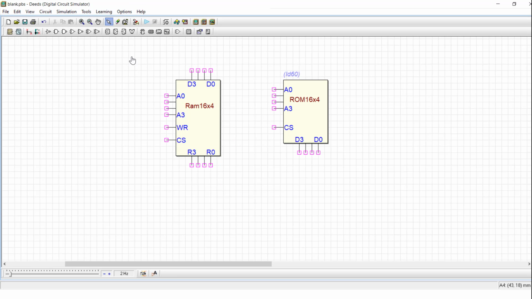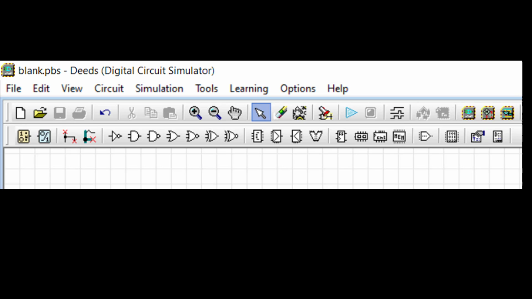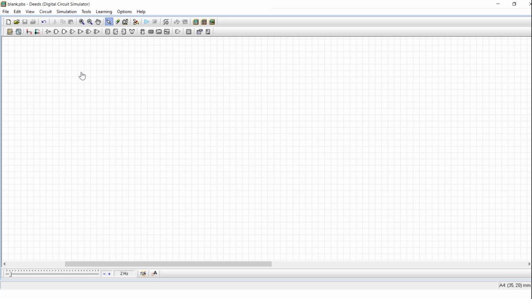Okay, so these are all the different components, right from input switches, output displays, wires, buses, basic gates, multiplexers, demultiplexers, decoders, flip-flops, registers, counters, memory. And if you want to simulate and view any result, you can have a waveform analysis here. This will give the timing diagram when you simulate it. And suppose you want to simulate any circuit with a clock signal, you can always use the clock signal.